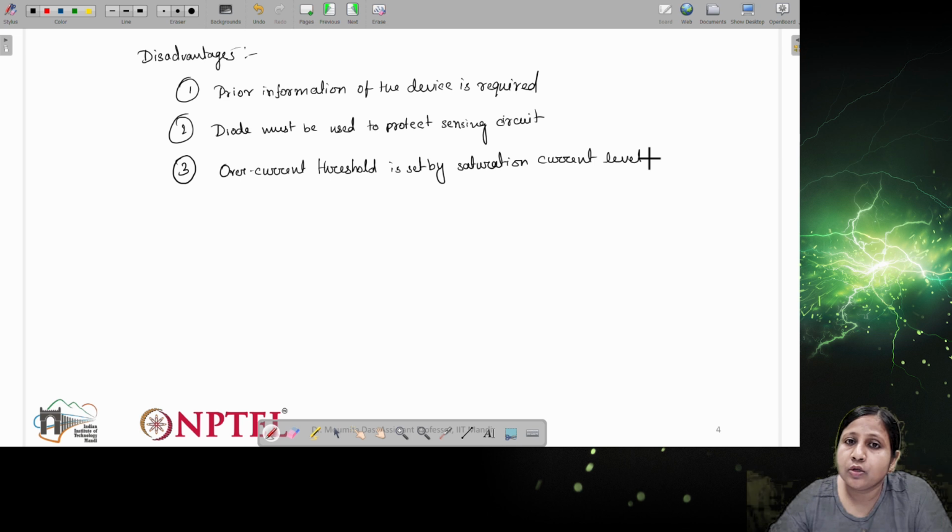And also you know that this saturation level depends upon the VGS which we will be applying, or the gate to source voltage. So the control signal which we apply, depending upon the voltage level, the saturation current level will also change. So that is also something which we need to consider while implementing this desaturation block. Whatever condition we use will be device specific. If we change the condition or the device, this saturation current level will change, and based on that, the implementation of the desaturation block should also change.